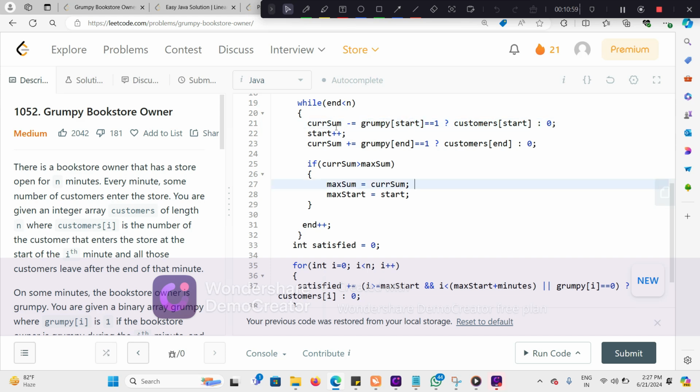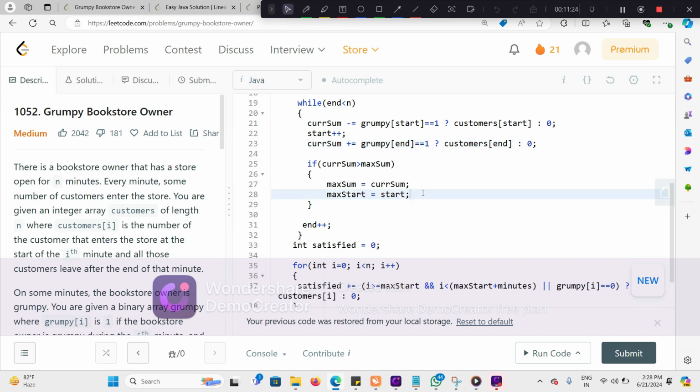Here I am doing cur sum is equal to cur sum minus grumpy start, if it is equal to 1, only then it would be unsatisfied. So I am deducting that guy, otherwise I am deducting 0. Then I am increasing start plus plus. Similarly, to add the new variable, that is end, I am again checking whether it is unsatisfied, then I am adding customer end, whatever value it is,